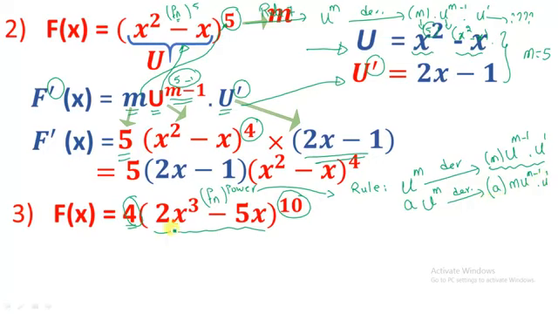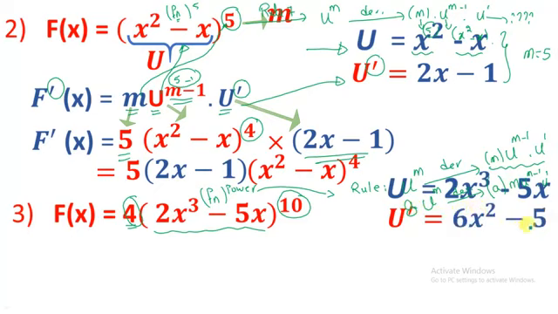So it is a multiplied by m u to the power m minus 1 u prime. Okay, so the first step is to suppose that the quantity inside the bracket is u. So u equals 2x cubed minus 5x. Then we find u prime, the derivative. It is 6x squared minus 5, because the derivative of 2x cubed is 6x squared and the derivative of minus 5x is minus 5. Now we apply the rule. The rule says the constant is multiplied by the power